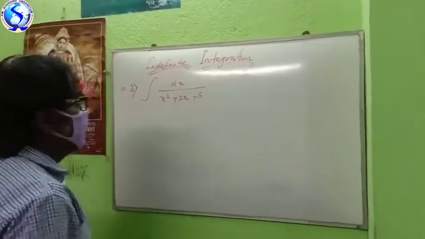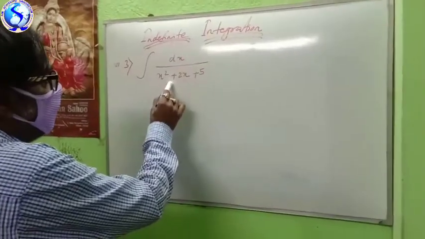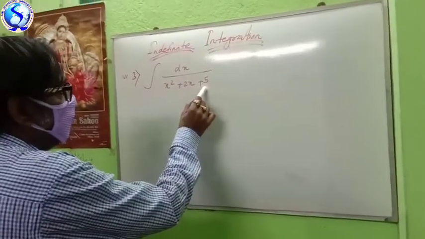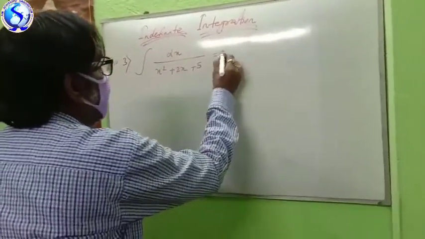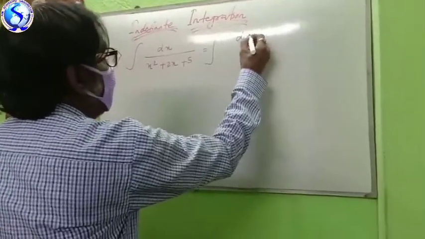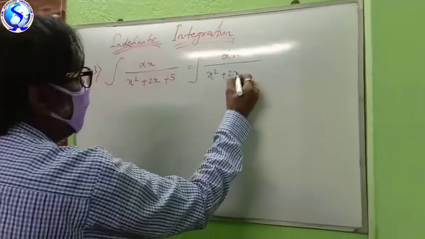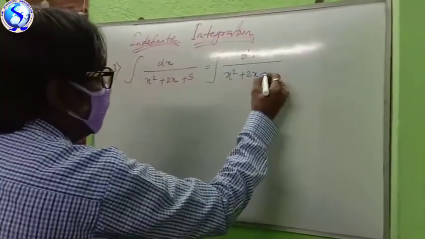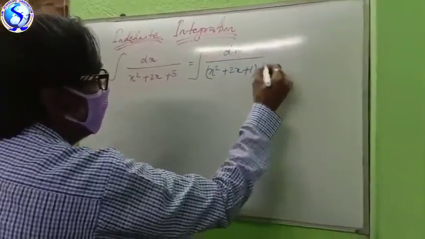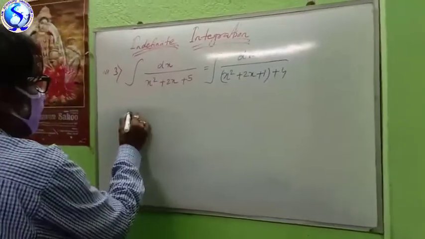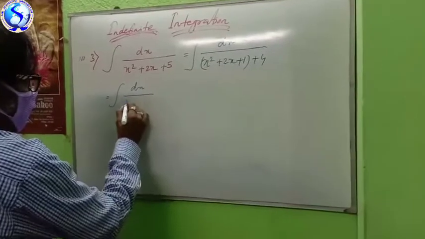See, the question number 3 I am taking from the book exercise. dx by x square plus 2x plus 5. Okay, this is the question given. How to proceed? Just to see, integration sign dx by, just to adjust here, x square plus 2x given here, and you need 1 here to make it something whole square, and plus 4, means 4 plus 1 is 5. Now tell me, integration dx by, this will be nothing but x plus 1 whole square.